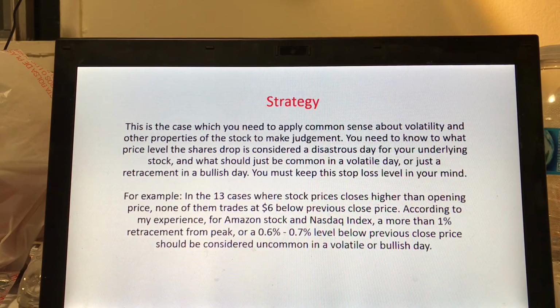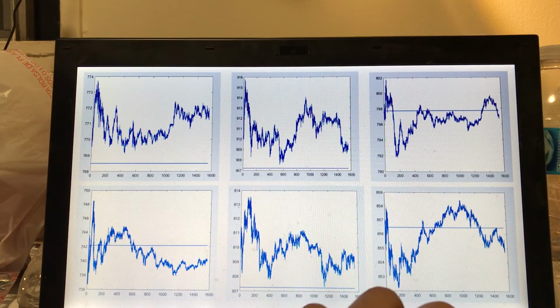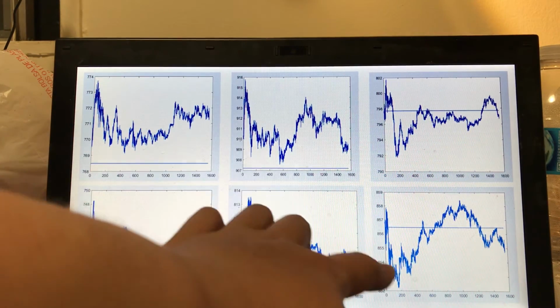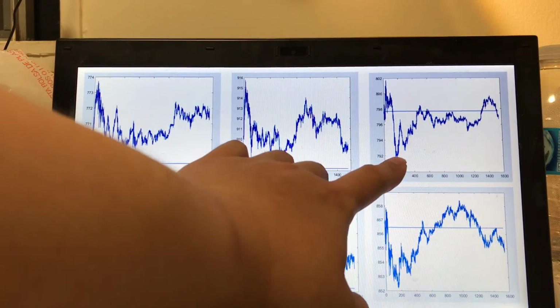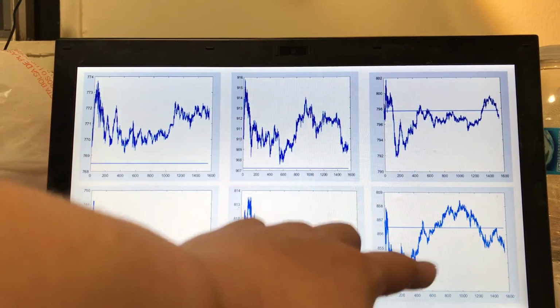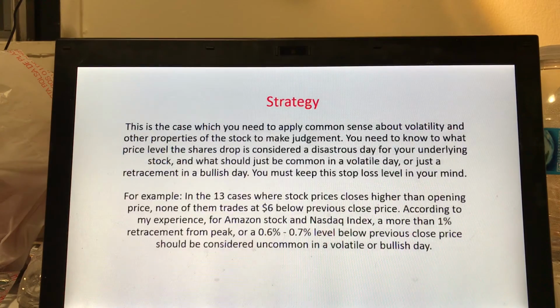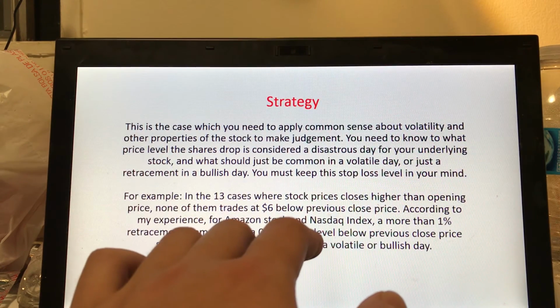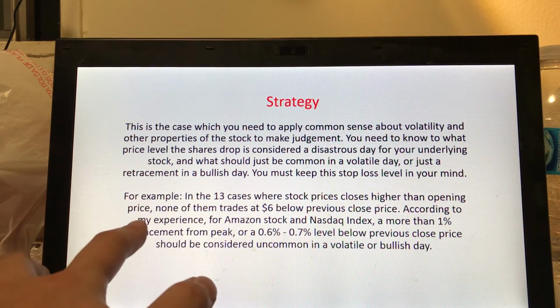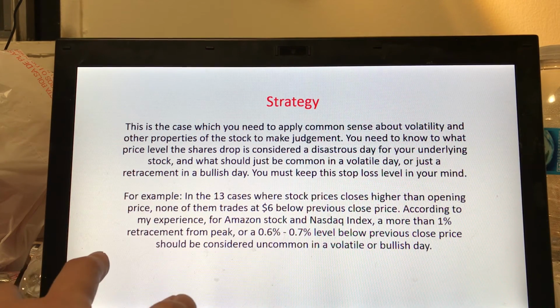$6 is too much. I believe this one dips the most. It's about $6, but you see that it's very instant. And for others, the most amount it dips to below the previous closing price is about $4. So it's about 0.5%. So according to my experience, for Amazon stock and for Nasdaq index, more than 1% retracement